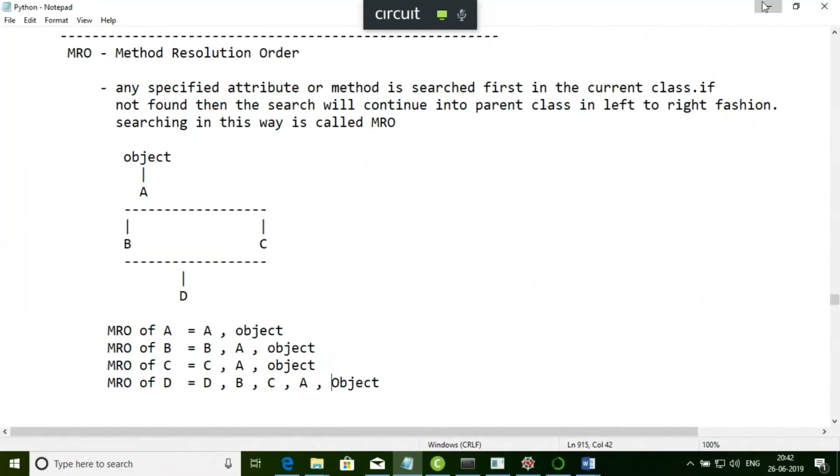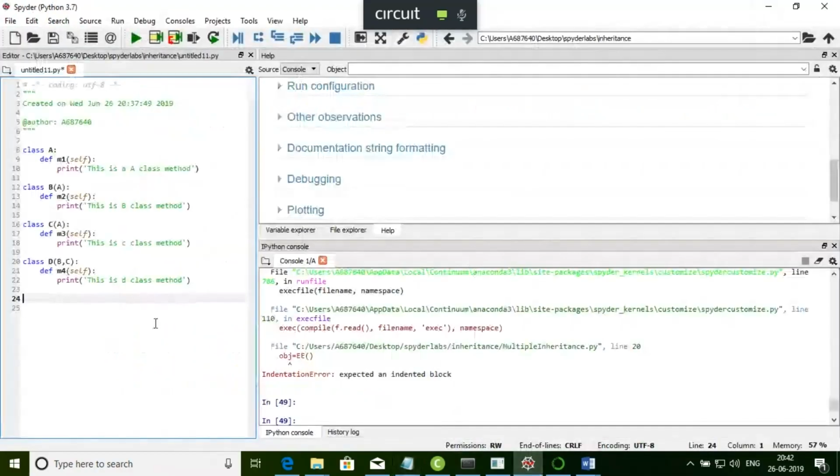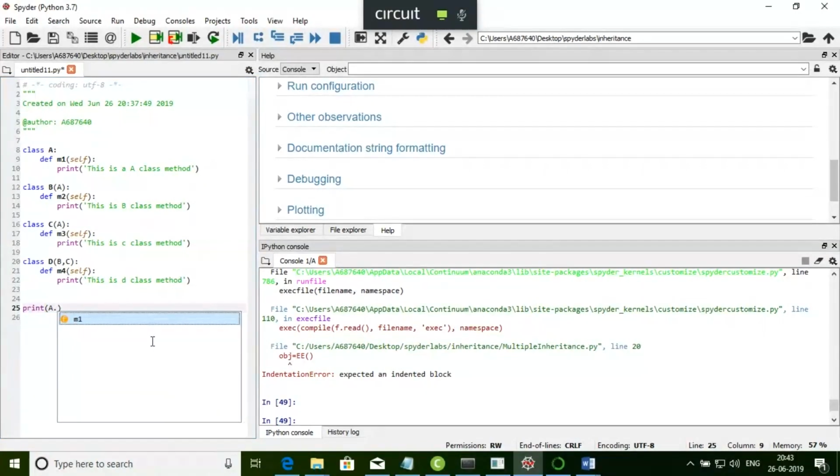Fine. Okay. Now here I have to create an object of a particular class. So I can write here print. I want to print the MRO. Okay. Which class's MRO? I want to print the MRO of A class. So A.mro